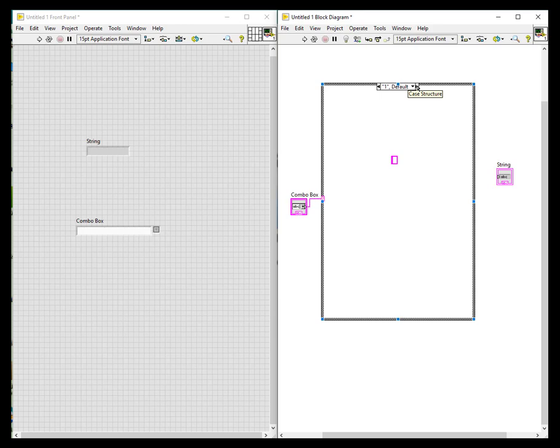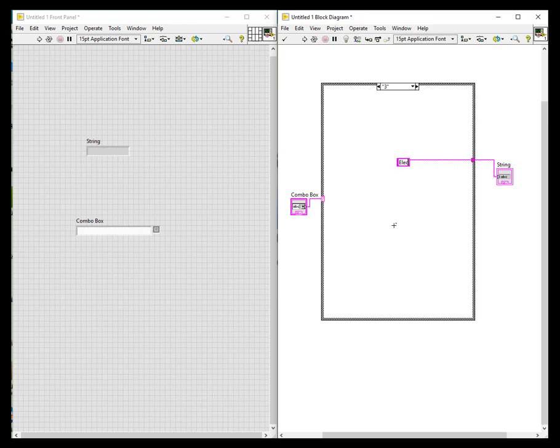You can see here 1, 2 and 3. You have 3 cases. So for that I will just copy the string constant in every case. So what I do is I connect these cases to the indicator. So these string constants to the indicator. I have connected the string constants to the indicator. So I have to fill something into these string constants so that I can print those strings onto my indicator. So what I do is I add some string into it. I have given lab in one and circuit in